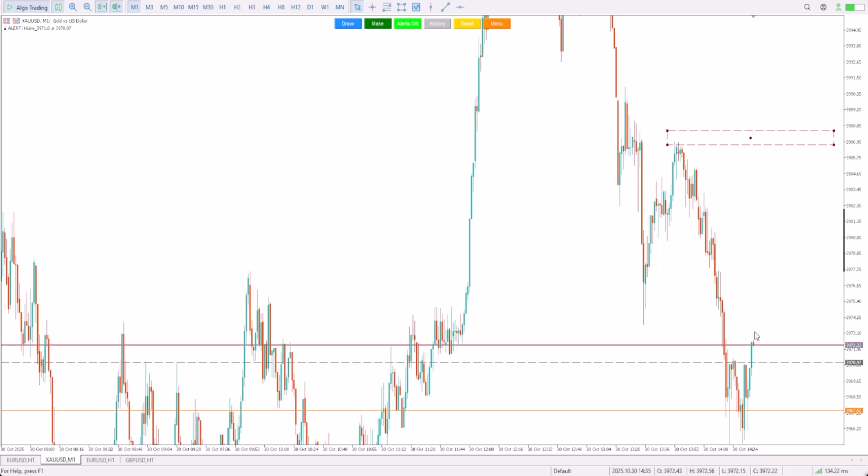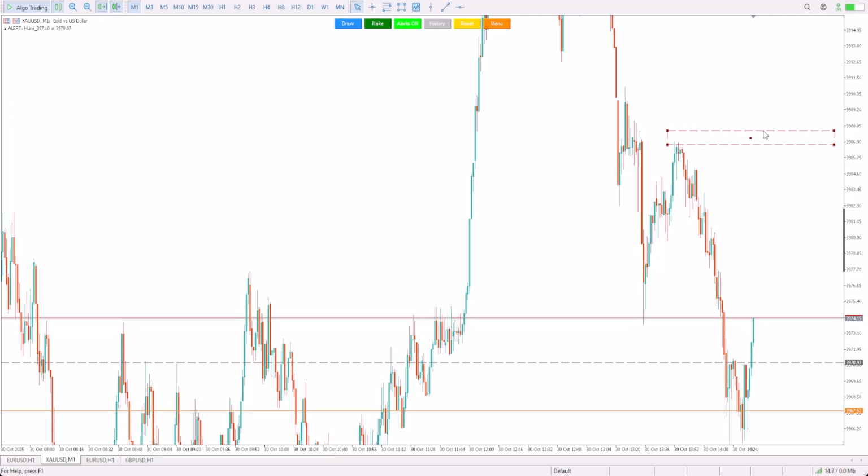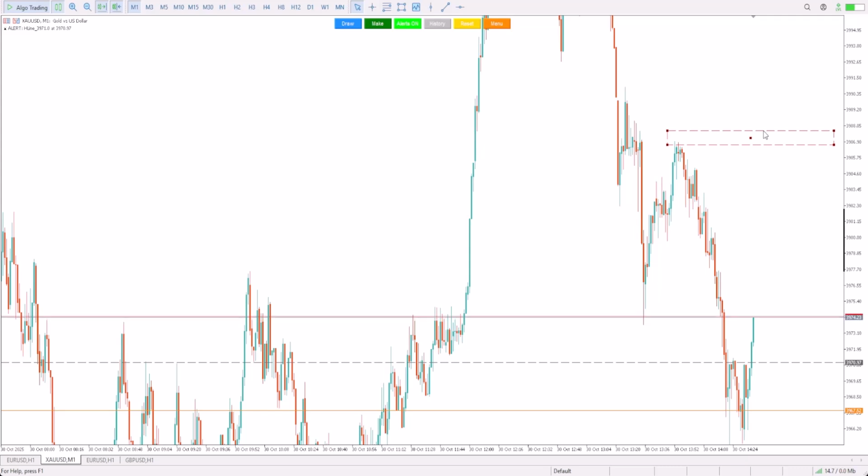Price can go aggressively on the news here, and the spreads can be enormous, or play up and down, up and down, up and down fast. So this will actually